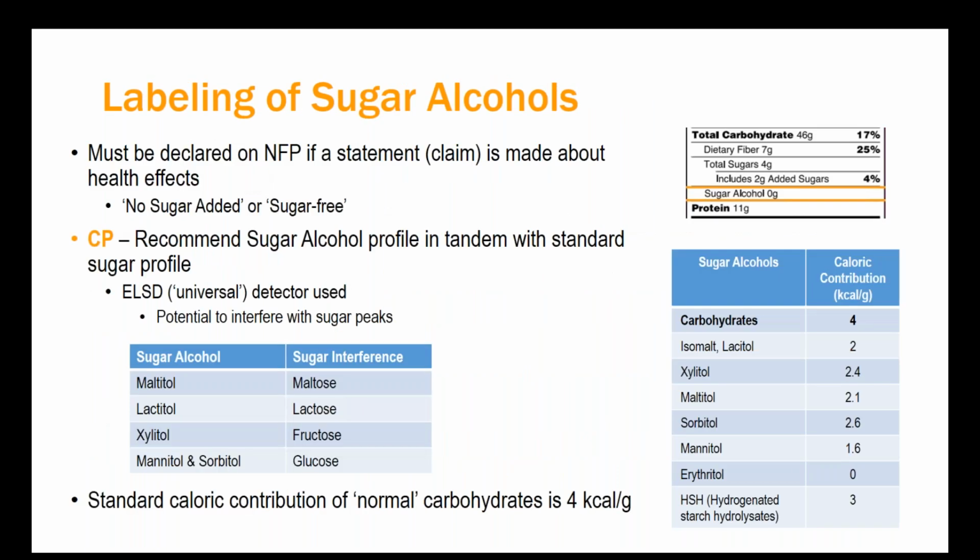Okay, so then to talk about the labeling portion of it, you can see on the right-hand side we have an example of where the sugar alcohol content would be displayed, which is indented under your added sugars there. So important to note here, if you're adding sugar alcohols to your product and you are making a statement or a claim about the health effects, whether that be no sugar added, sugar-free, reduced sugar, whatever, you have to declare your sugar alcohols. A confusion point though is if you are adding sugar alcohols but not making a claim,